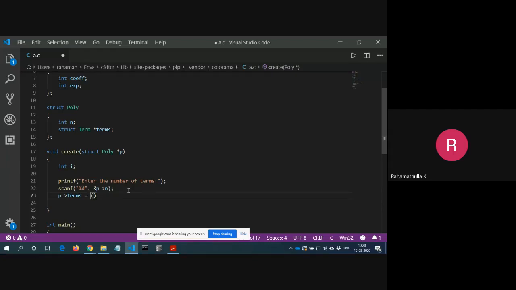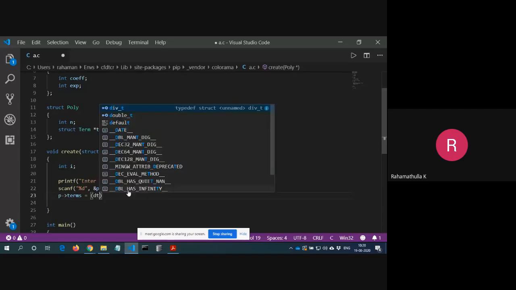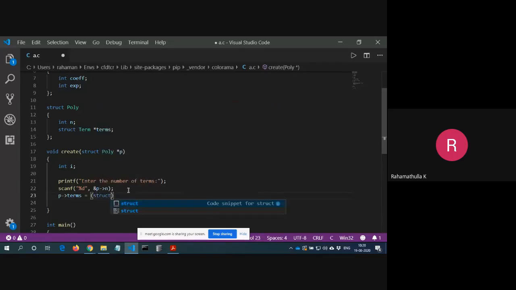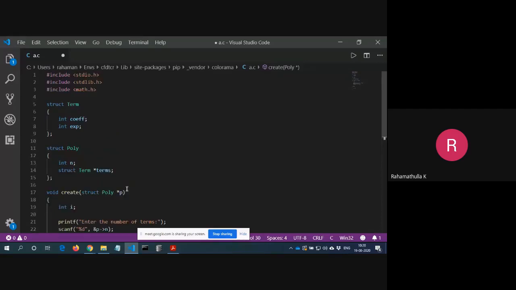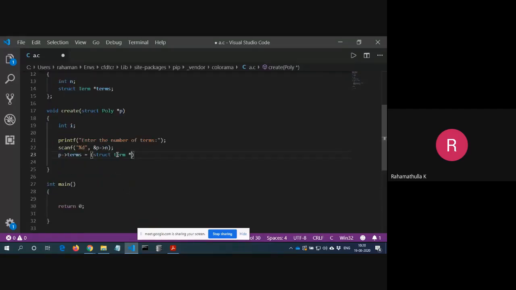You should allocate corresponding memory, isn't it? p arrow terms should be struct, sorry, term. Term was capital, isn't it? Sorry. Struct term star.